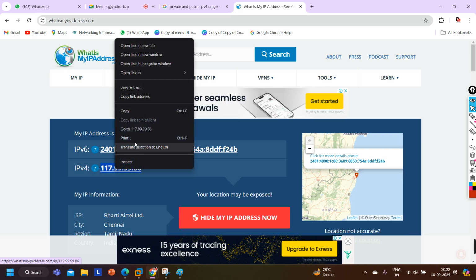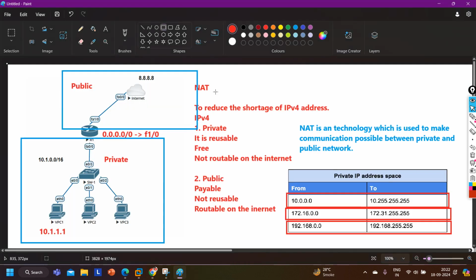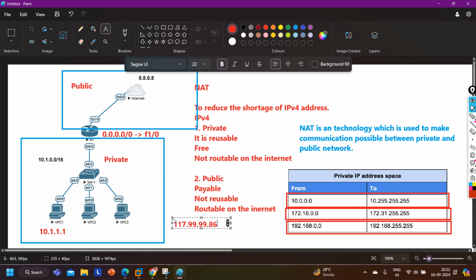So this is my public IP address. My home router is translating my private IP address into this public IP address. On the internet, guys, whenever I am searching anything, I am reaching the internet with the help of this public IP address only.